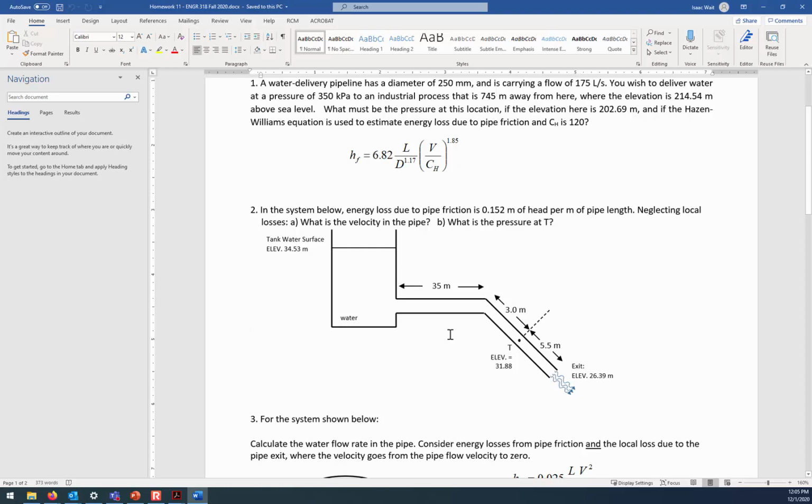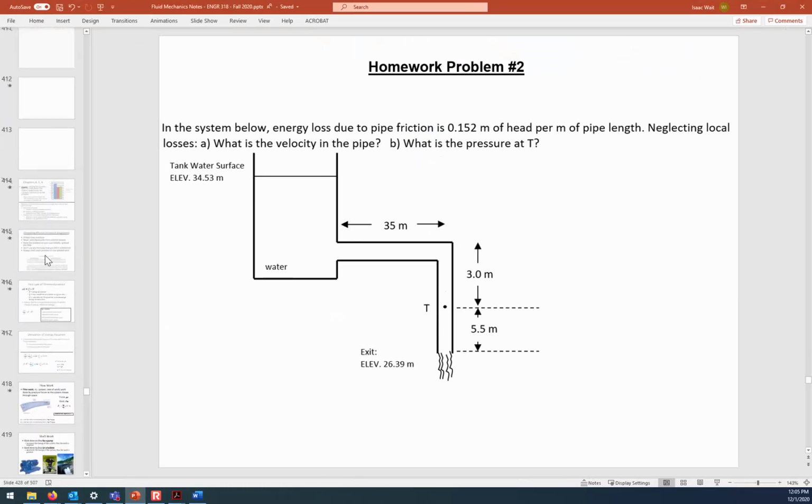Now just looking at it by inspection, you can tell that there's no pump and there's no turbine, and so those terms will drop out of the energy equation, but there are losses. But applying the equation between 1 and 2, you do need to leave the velocity head once the water discharges out into the open, but there is no longer pressure in the jet. But then when you go back between this outlet and location T, the water will have pressure, because location T is where the flow is still inside the pipe. Okay, so with that hint, that is it for today.